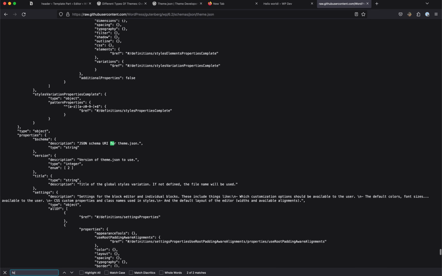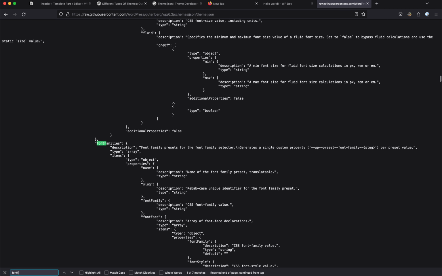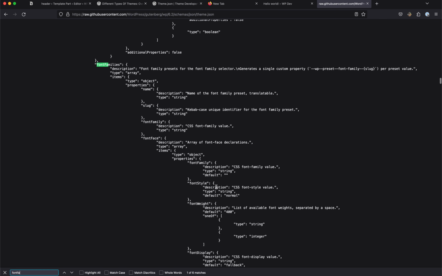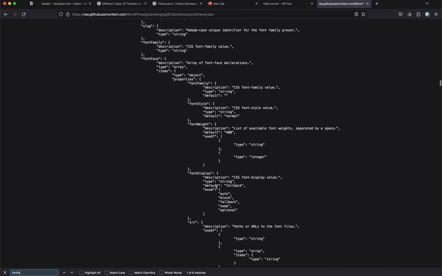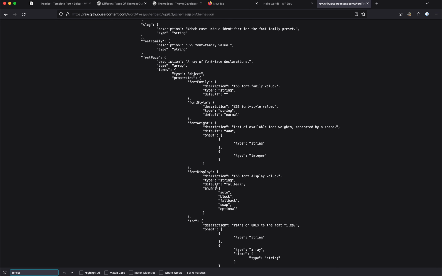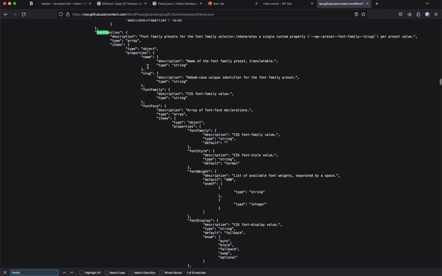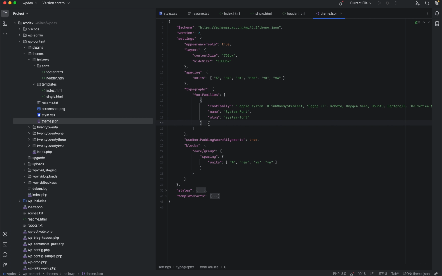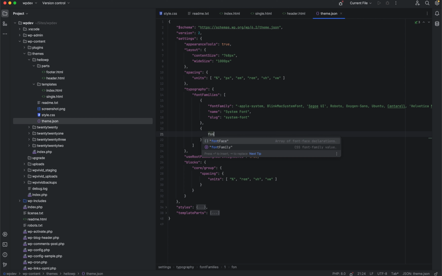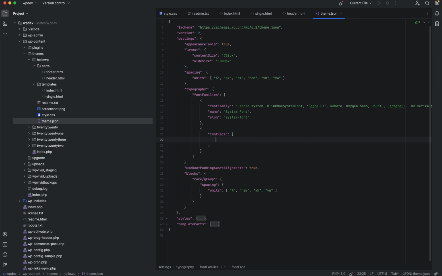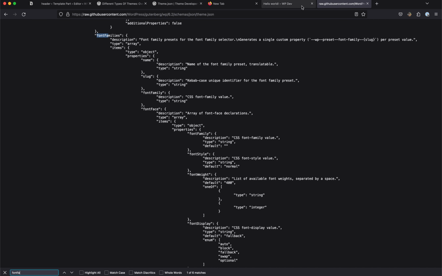Let's take a look at a font face. Yeah, so here it is, the properties for font families. Basically, we can just say here a font face and then say font face. Now we'll need to, I think, add the source or path. And then